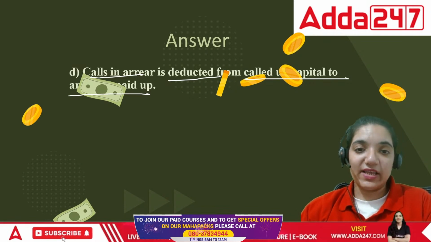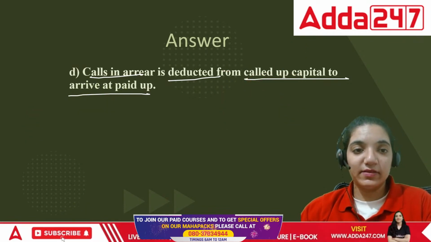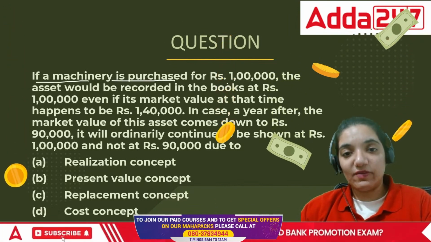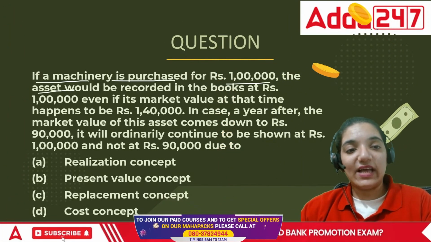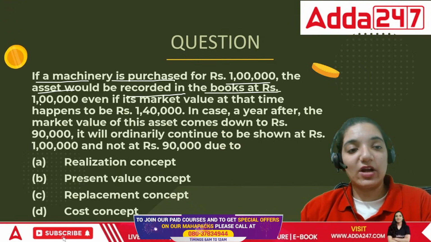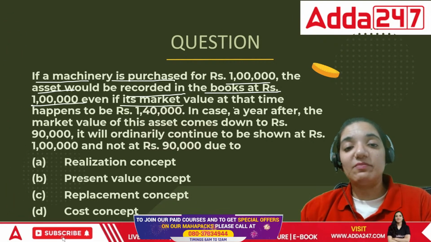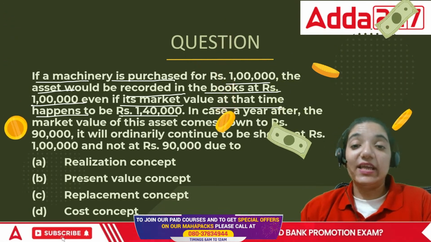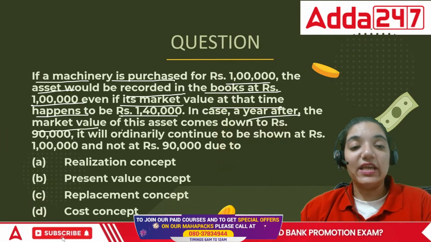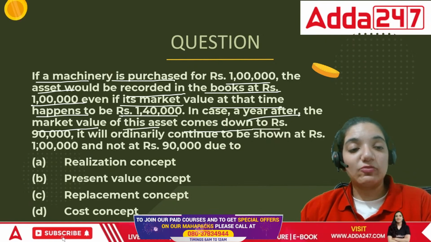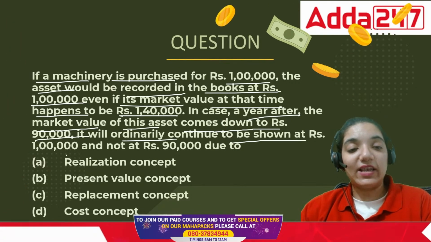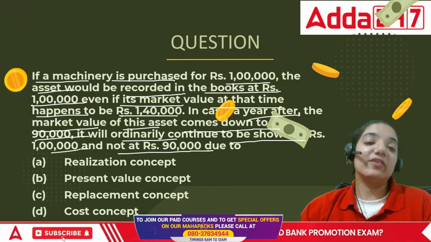Now comes the next point. If a machinery is purchased for 1 lakh rupees, the asset would be recorded in the books of accounts at 1 lakh, even if its market value at the time is 1 lakh 40. In case a year after, the value of the machinery comes down to 90,000, it will ordinarily continue to be shown at 1 lakh and not at 90,000 due to